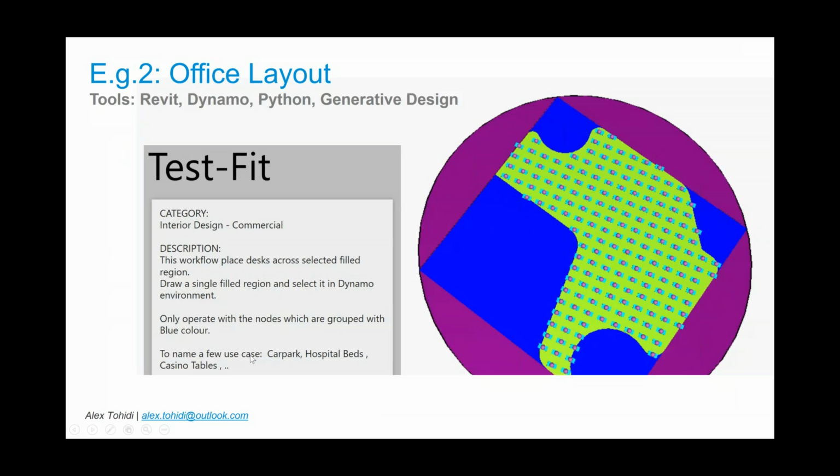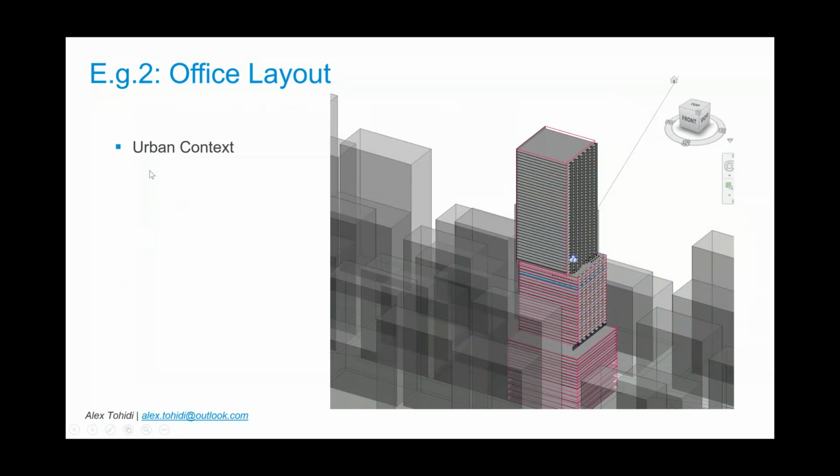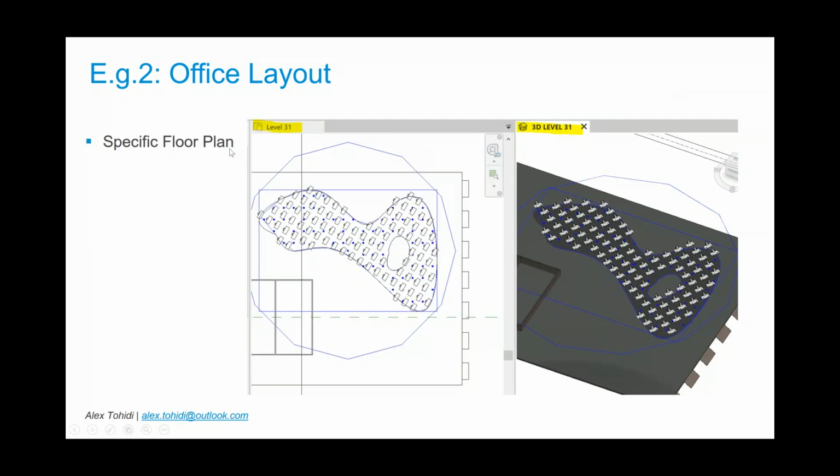To name a few possible use cases for further development: car park, hospital beds, casino tables. And because what essentially this workflow does, I'll talk about it later. So this is our urban context, the same urban context that we are working on. So on a specific floor, like this is level 31 of that tower that I showed, we draw a field